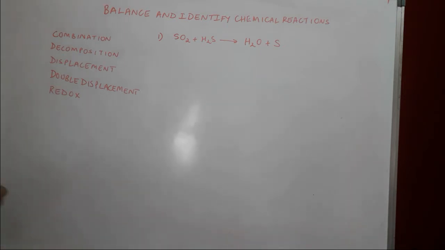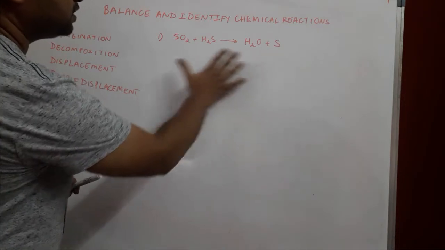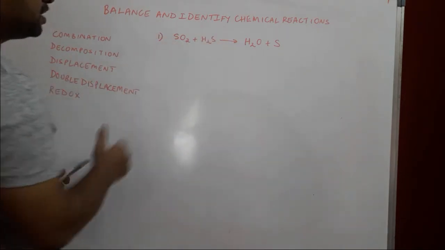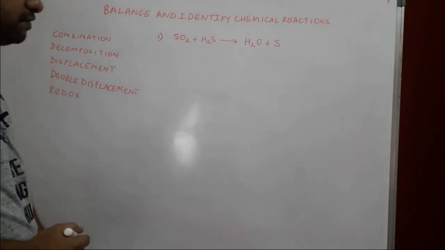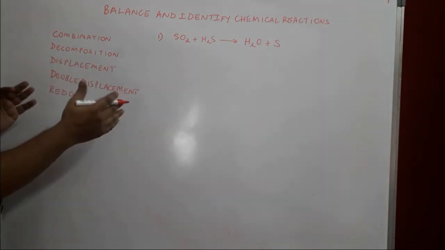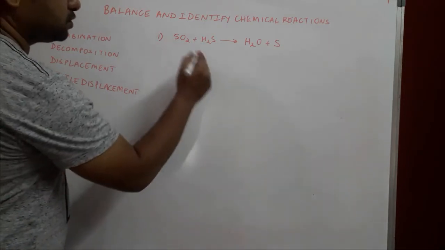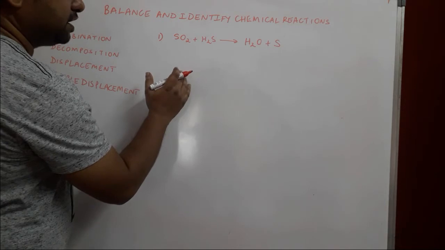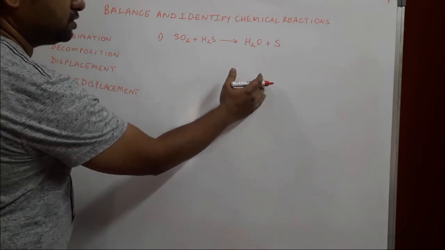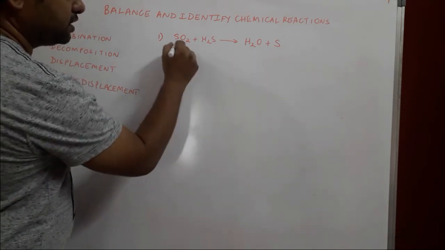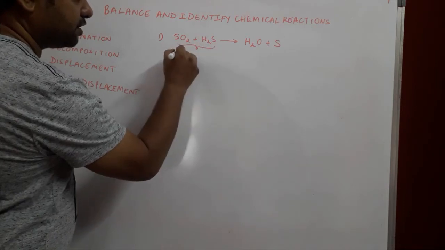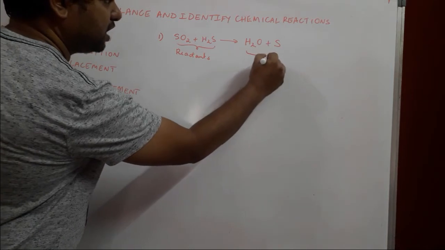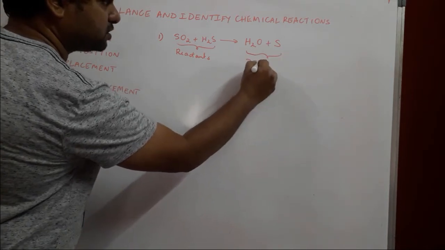Now first we need to balance this, because looking at this I can say that it is not balanced, but let us put it in order first to see what exactly is balanced and what is not balanced. So we separate the elements on the reactant side, and we separate the elements on the product side. These are your reactants, okay, and these are your products.